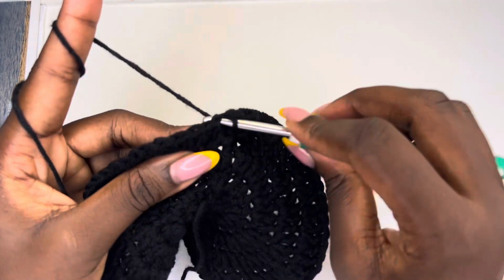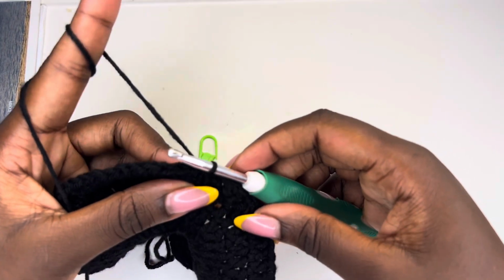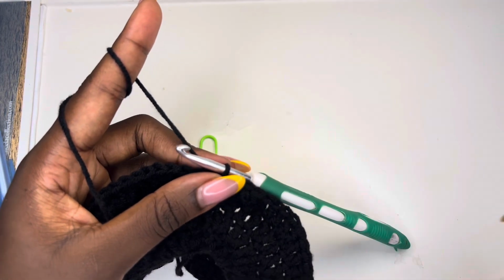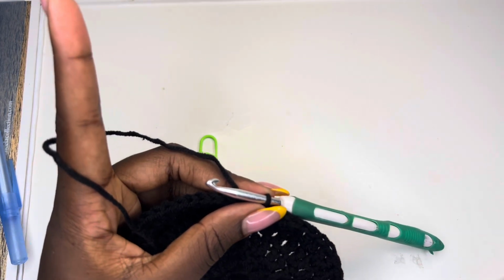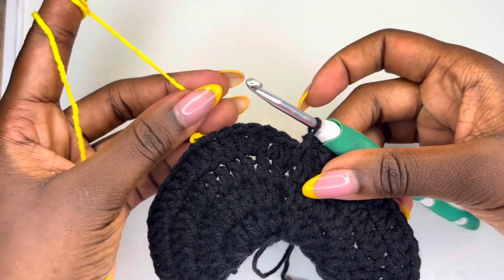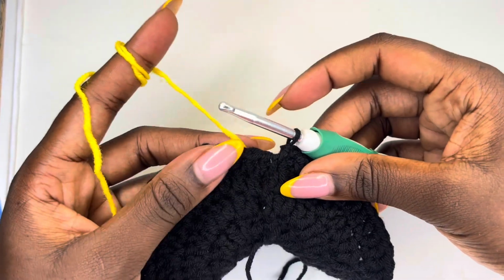From now on we are going to do double crochets until your work gets to 7 inches, but because I'm changing my yarn to different colors, I will show you guys how I'm changing my yarn. Please remember to always put back your stitch marker after chaining 1, and then do just double crochets until your work reaches 7